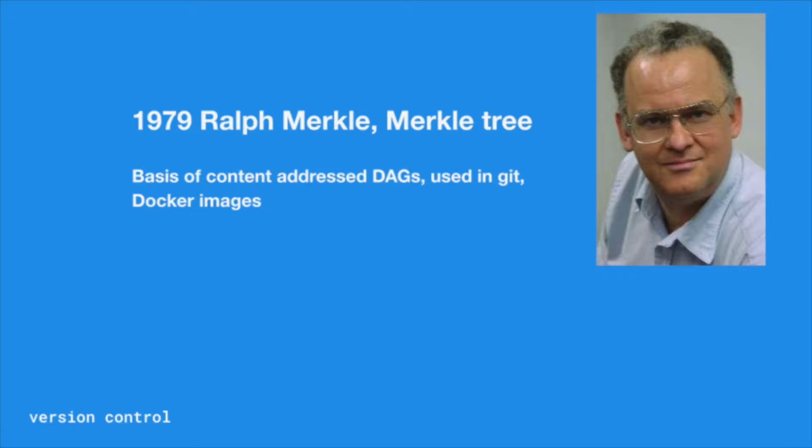Another early thing, Ralph Merkle in 1979, who was a cryptographer at the time, invented Merkle trees. These are really the basis for what we use for Git and all the content address stores and the security properties we need in content address stores. And these are what Docker uses in Docker registries as well. So these are kind of important early pieces of technology that will fall into place much later.